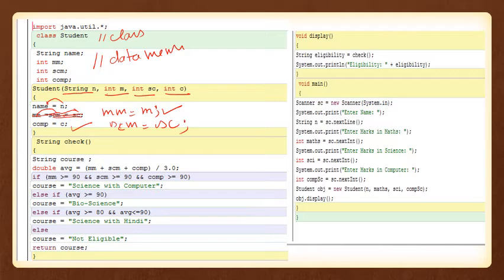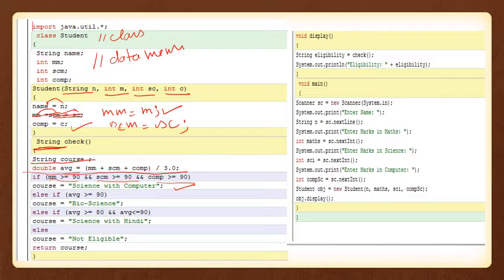Then a string check, which returns a value. Take a string variable to store the value of the course. Calculate the average marks because some conditions are based on the average marks. Take a variable double AVG and calculate MM plus SCM plus COMP divided by the number of subjects, which is 3.0. The condition: if maths marks is greater than 90 or SCM is greater than 90 or computer is greater than 90, then assign course equal to science with computer.